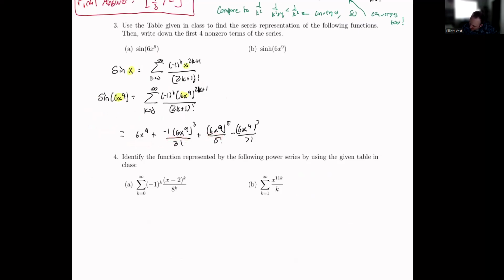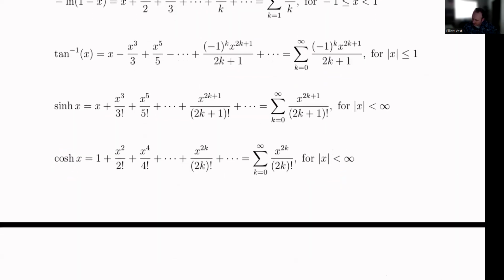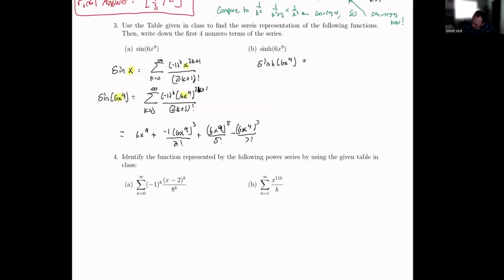All right, let's do the same for sinh. The series representation is the sum from k equals 0 to infinity of x to the 2k plus 1 over 2k plus 1 factorial. So, oh, this is sinh of x, excuse me. So sinh of 6x to the ninth